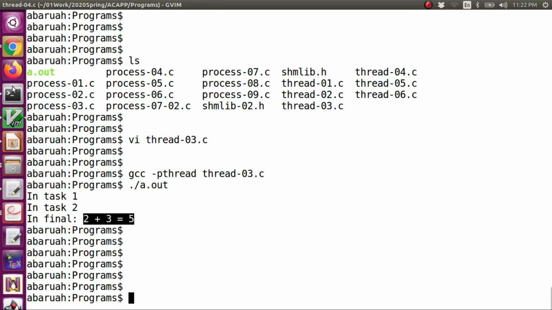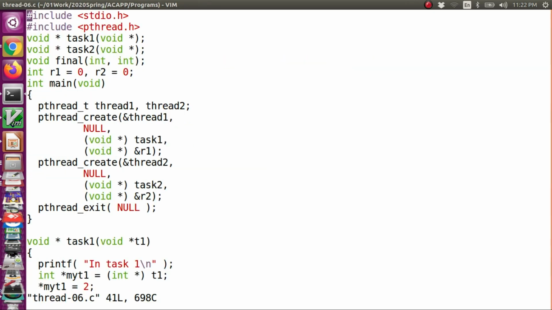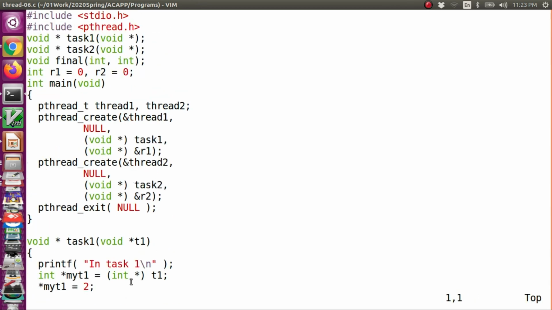So we go back to our function, and here is the same function as before, but now we have removed the join calls, and we have removed the final computation, and we have replaced those 3 statements with pthread exit.